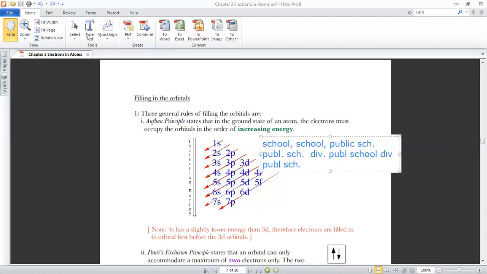If you take their first alphabets, you will see that the same pattern is followed. You just give numbers to it. So if I write 1 with s, 2 with s, then 3 with s, just number the s first, then 4 with s, then 5 with s, and then 6 with s. Then you start numbering for p, and you know p subshell is not in the first shell, so its numbering can start from 2. So you write 2, then 3,